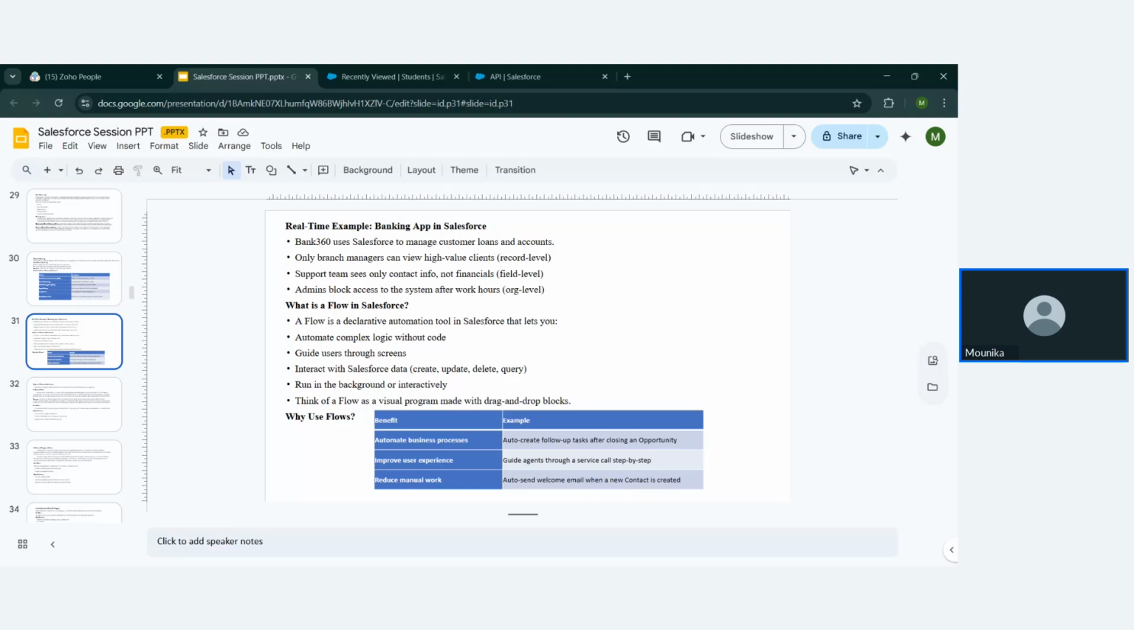And also reduce manual tasks: auto send a welcome email when a new contact is created. So see, guys, whenever a contact is created in our Salesforce org,